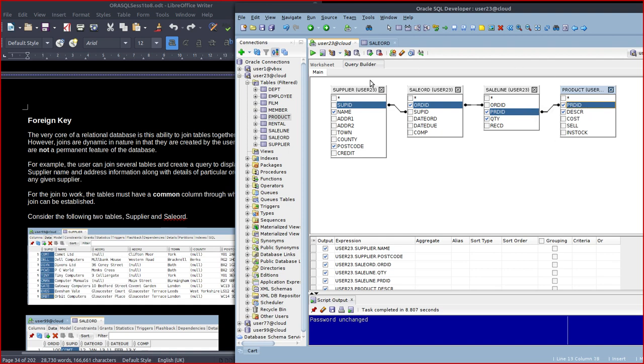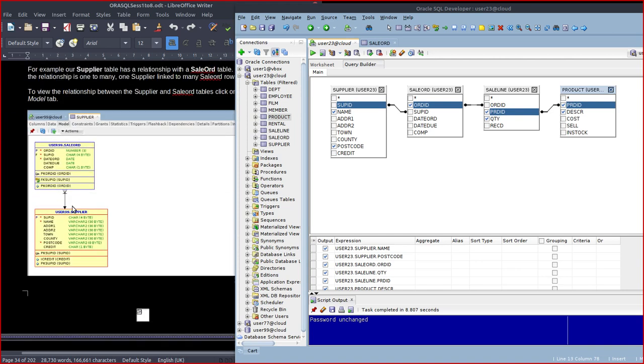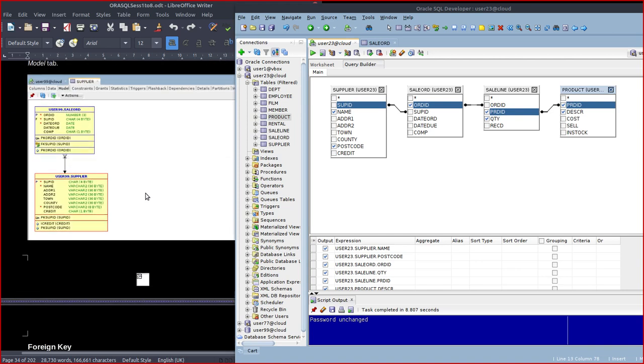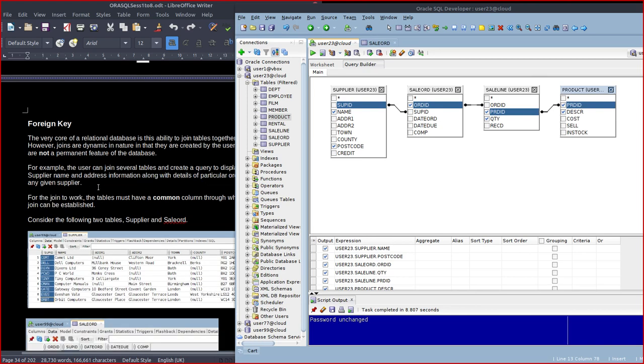Now what you can't see from this diagram is the one-to-manys. See this diagram here, you've got the one end and the many end, the crow's foot. This doesn't do that, but it does illustrate how you can join the tables together. Now if you want to see how you do it